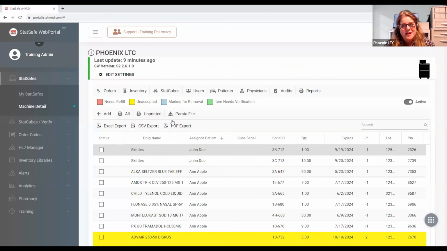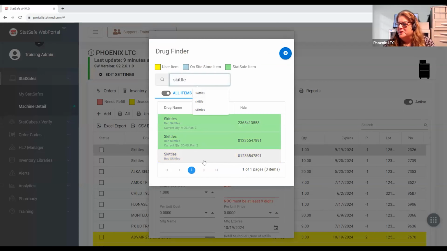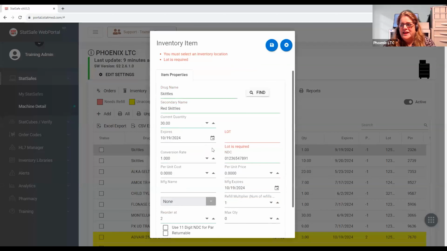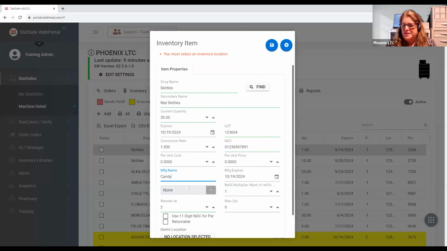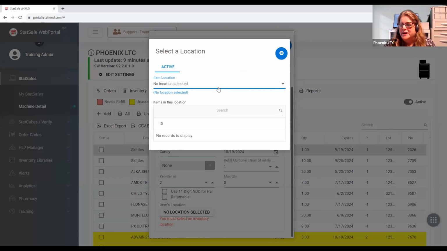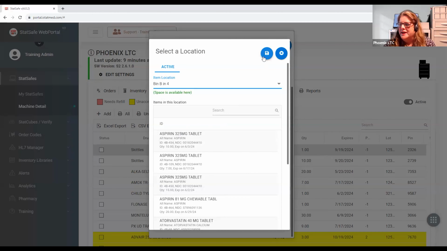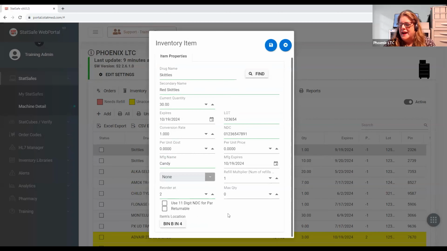Whenever you go to add an item that you want to be patient-specific, just like you would normally add inventory, you're going to go ahead and select Add. You're going to find your medication. In this case, I'll go ahead and do Skittles. I'm going to choose the item that I want. I'm going to have to put my lot code as always. I'll put my manufacturer name in here. Now, I do have to choose a location. So I'm going to choose drawer 3 as a location because I do know I have patient-specific items assigned to drawer 3. So whenever I hit save, it will now appear